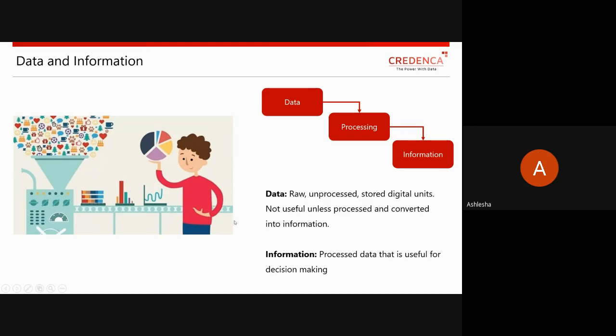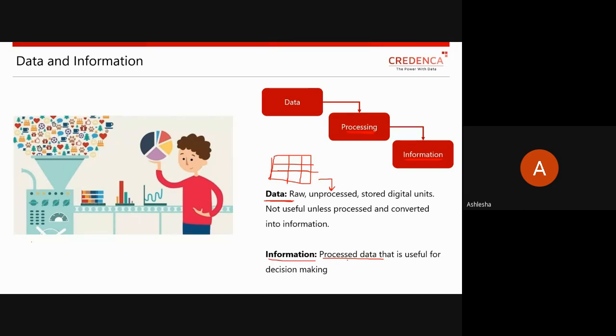Data is raw, unprocessed data with you, a numerical value representing some measure or category. When you process that data appropriately, you get some information from it, and that processed data is referred to as information.